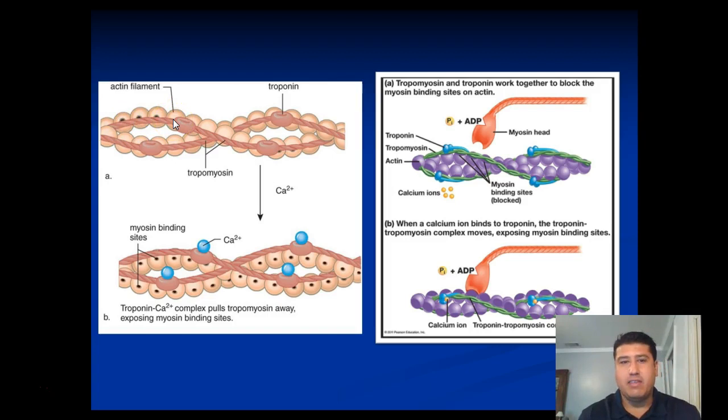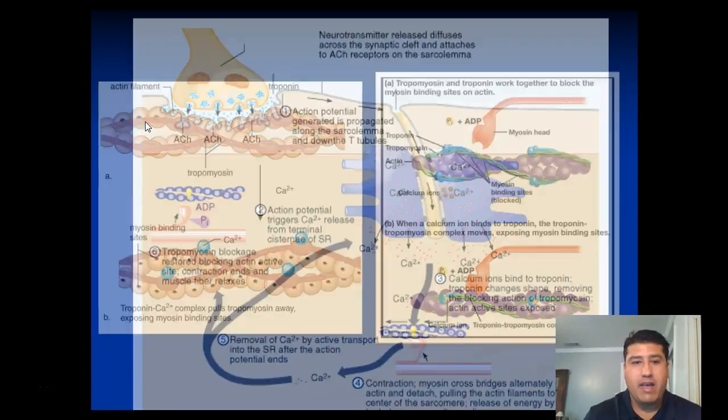This is a system that prevents contraction when the muscle doesn't need to contract, when we're at relaxation. Imagine if we didn't have this system, our muscles could accidentally contract and we'd be in a permanent state of contraction. So if we don't need to contract, this tropomyosin serves as a protection to allow us to relax. But in order for a muscle to contract, this tropomyosin has to be released from the actin binding sites. So in order for that to happen,